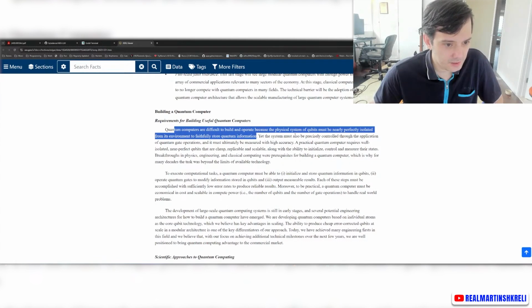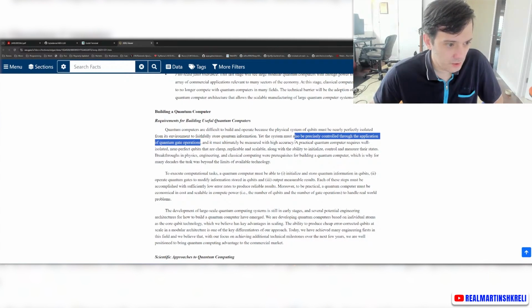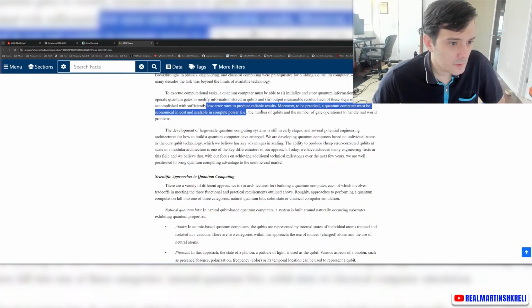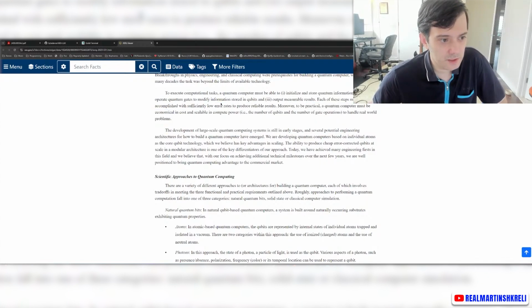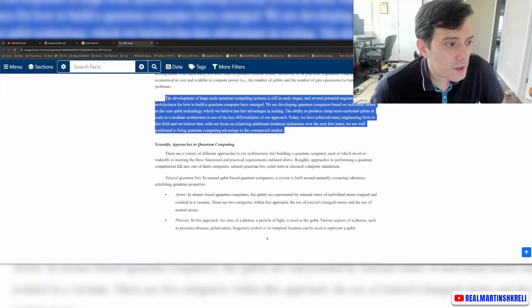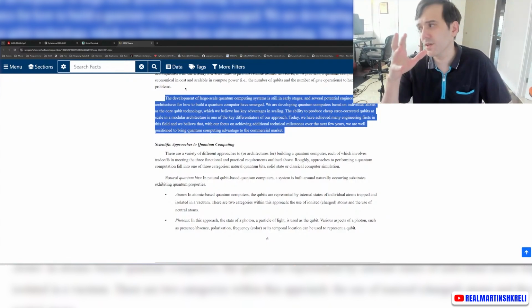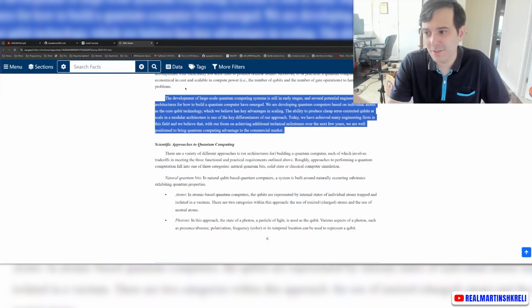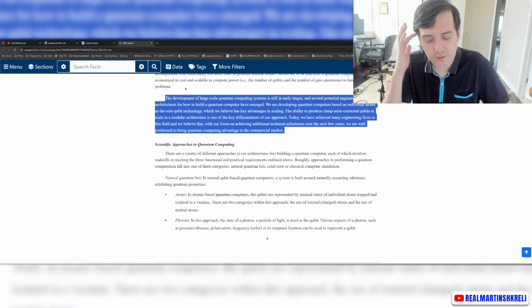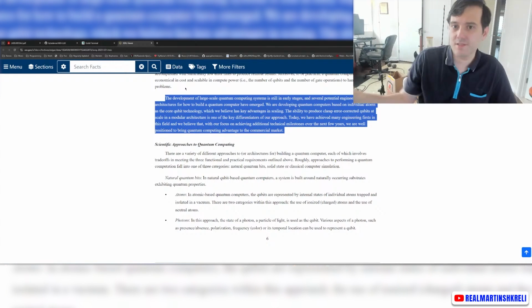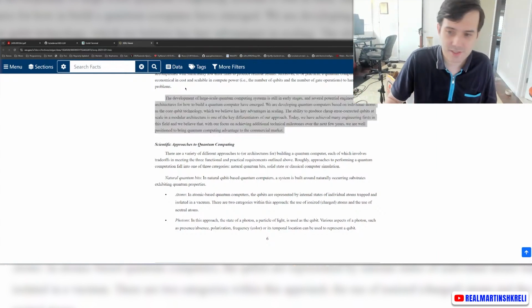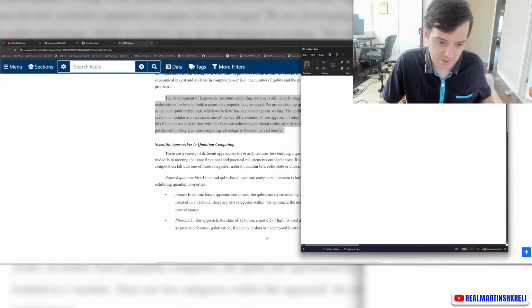So they have to be isolated, precisely controlled, measured with high accuracy. Its basic computing steps have to be there with low error rates. One of the problems right now is that these computers aren't really useful or practical, because they can't do things any better than what your computers can do now. Your laptop or desktop, whatever you're watching this on, even your phone, is probably faster than a quantum computer right now. But the proof of concept is important, because if you've proved that you can make it, what